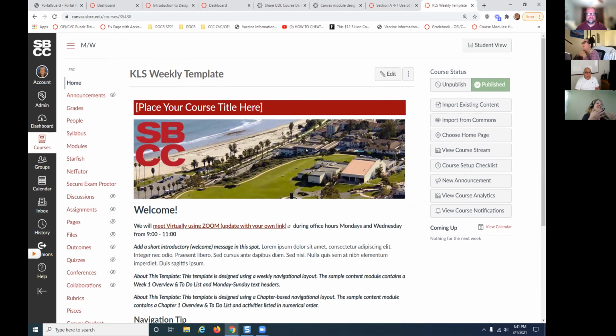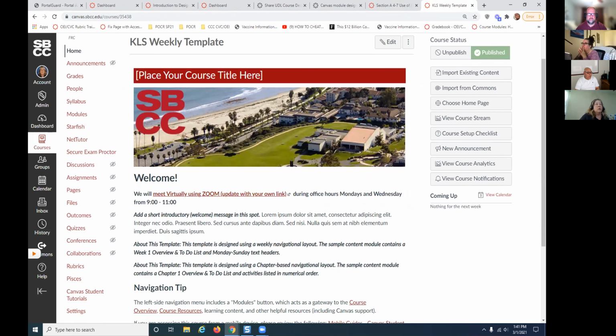So here's the class. This is the template that we can place into a blank shell that you have if you want to get an idea of how to basically set up a Canvas course. And what we're looking at here on the homepage, what we really think about is when you're designing your class, you're so into the design and you know the content and everything you want to show to students. What we want to remind you is also to take a step back and think, if you were a student and this was your first